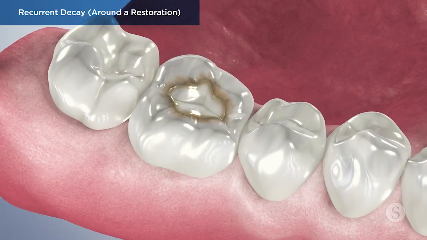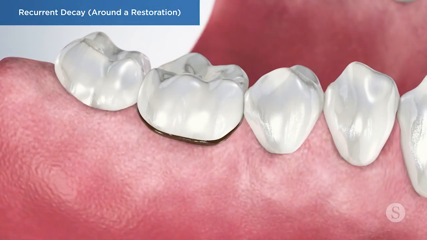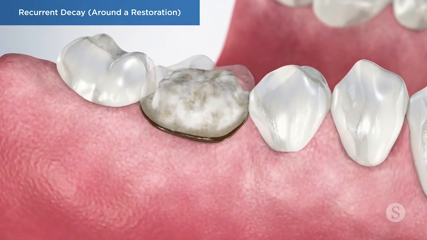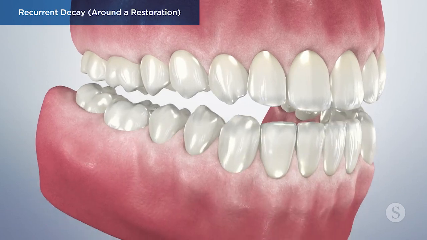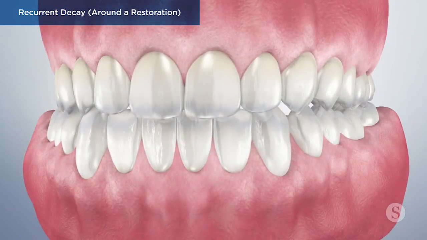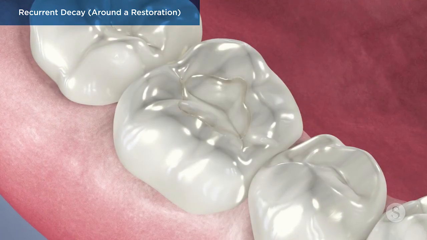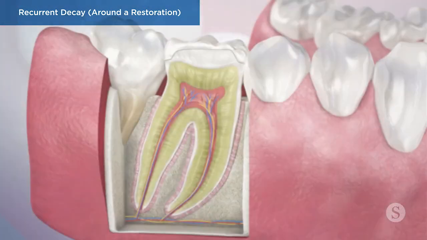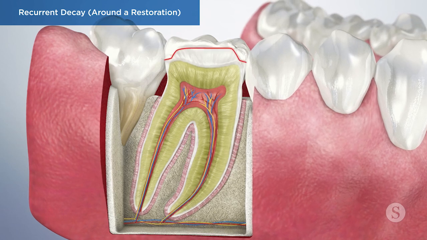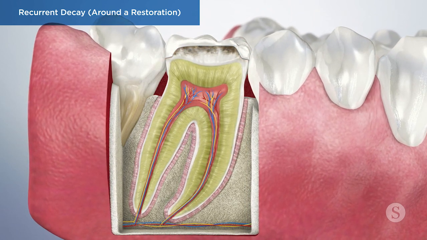Recurrent decay is tooth decay that forms under existing fillings, crowns, or onlays because of leakage around a dental restoration. Constant pressure from chewing or stress from grinding and clenching can loosen crowns and onlays and cause fillings to crack, chip, or wear away. These problems can leave gaps and allow harmful bacteria to get underneath the crown, onlay, or